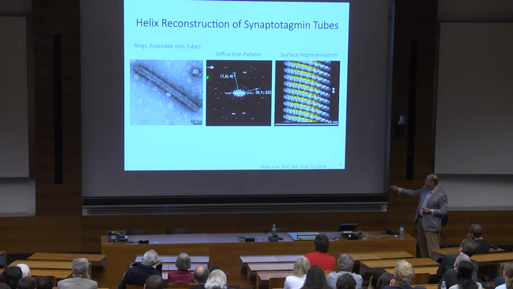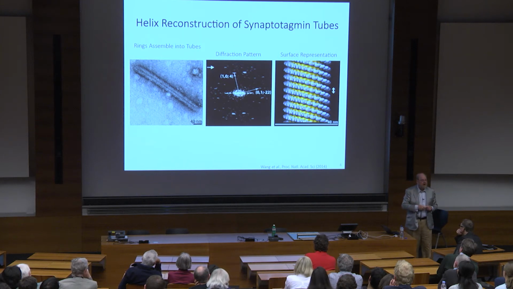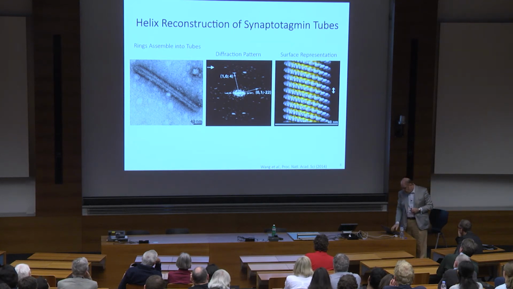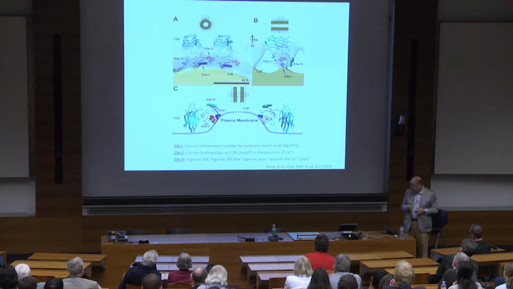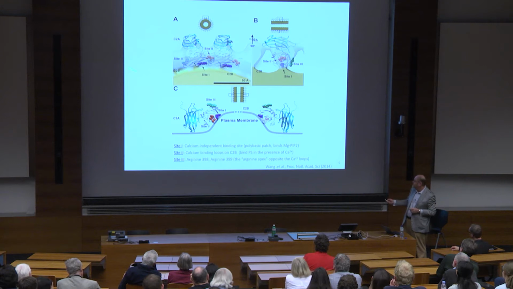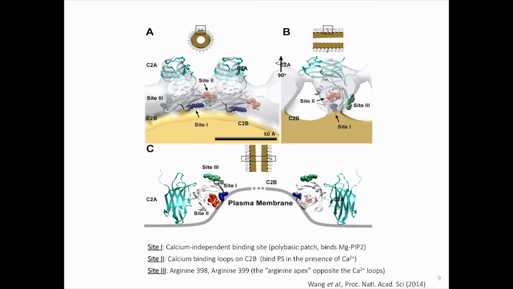And as a result of being quite regular, they diffract. And as a result of the fact that they diffract, Jing, in collaboration with Charles Sindelar, a professor in the MB&B biophysics department at Yale, have been able to reconstruct from these tubules what the underlying structure of the ring is. So the assumption we're making is that one turn of this helix is essentially the same structure as one ring. And here, we do not have a high resolution structure, but it is high enough resolution for us to orient the B and the A domains within the structure.